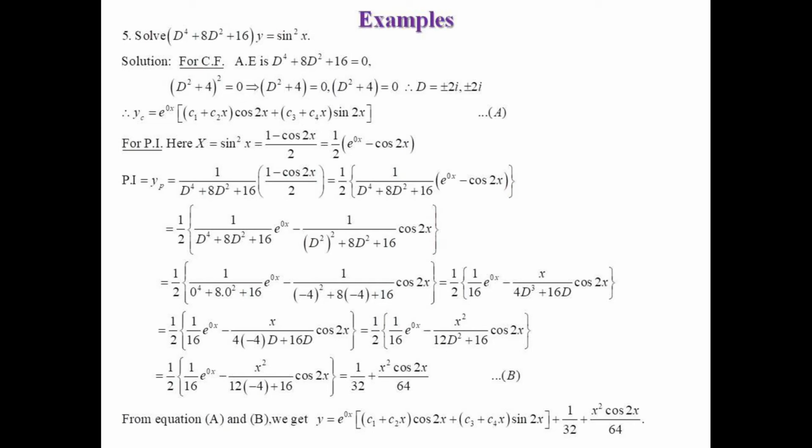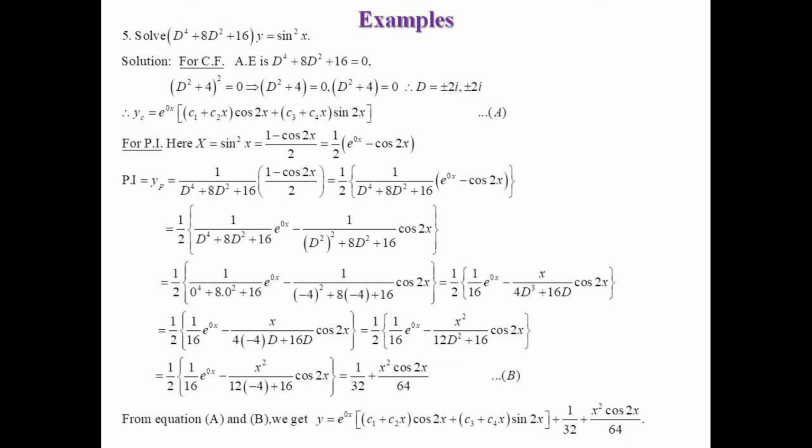the second type, whenever cos and sin terms are there, replace D square by minus a square. The value of a is 2, so 2 square is 4, with a minus sign, again it's square, then again plus 8 into D square means 4, 2 square is 4, again the minus sign we have attached here, plus 16 into cos of 2x. If we further simplify this term, then we get the value of the first term as 1 upon 16, whereas the value of the second term's denominator is 0.